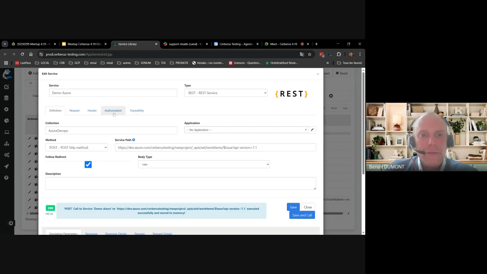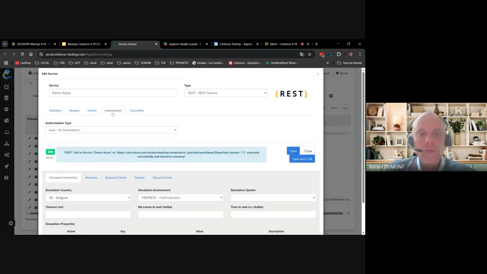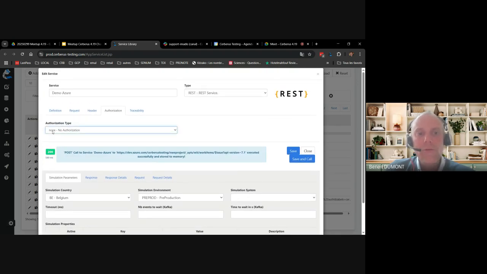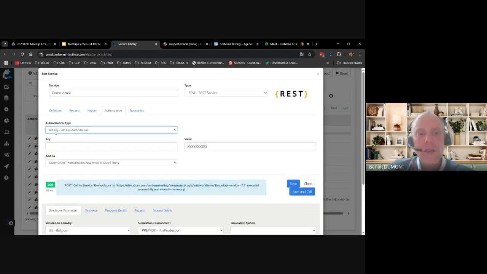On top of that simulation tool, there is that new authorization tab that now allows to manage some basic authentication information. So either you can select an API key type of authorization. So here you put the key and the value that will be sent inside the query string directly in the request, or it can be injected inside the header of the call.